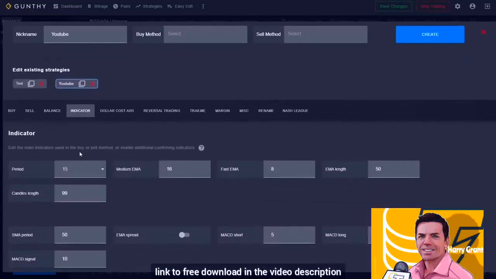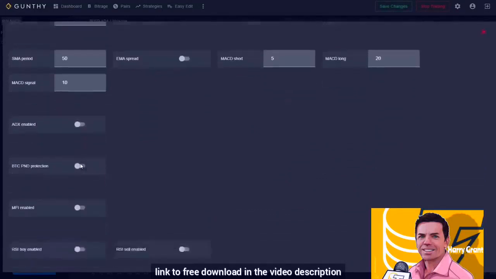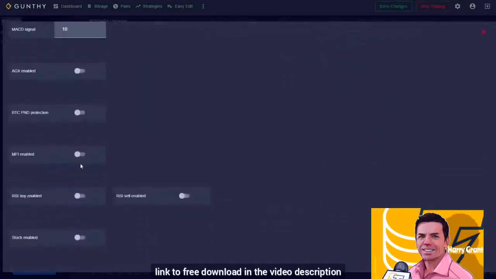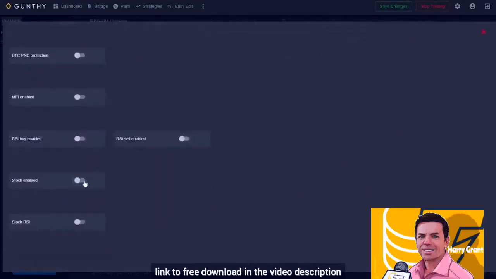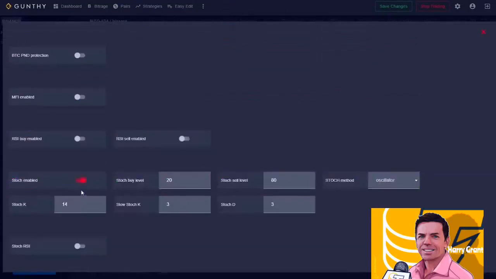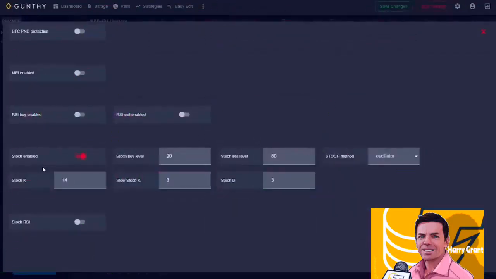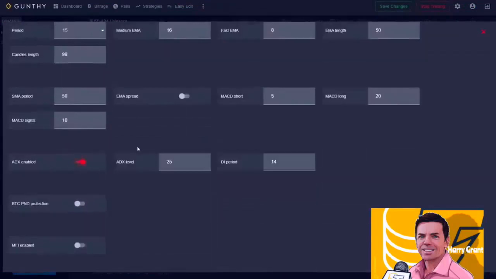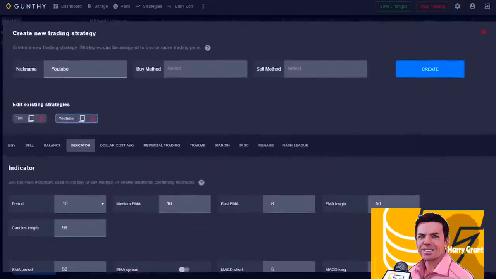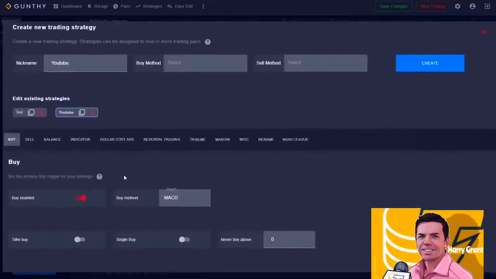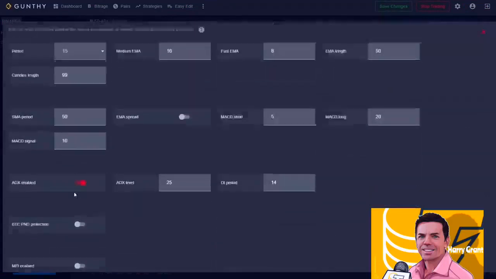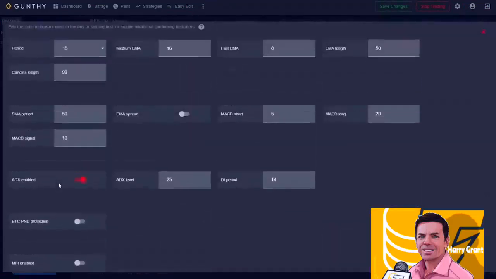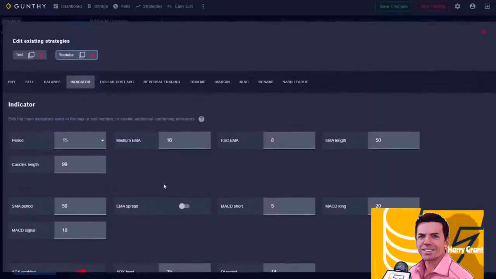So let's say that not only do I want to use MACD, but I also want to add more filters to the strategy where it will only use the MACD buy if the stock RSI is above a specific level, or if, for example, ADX is at a certain value, etc. You can stack indicators on top of each other, so not only now am I using MACD, but I'm also using stock RSI, I'm also using ADX,